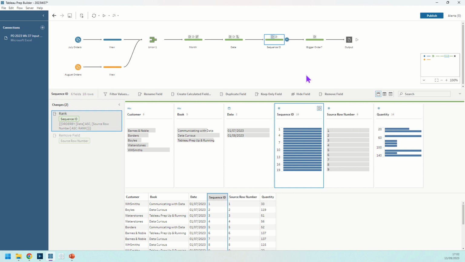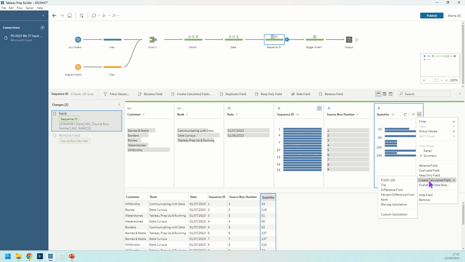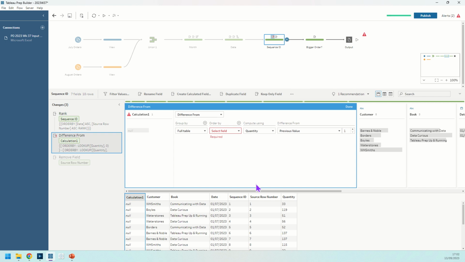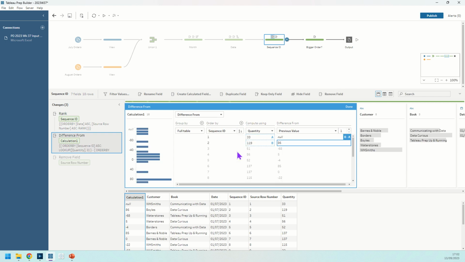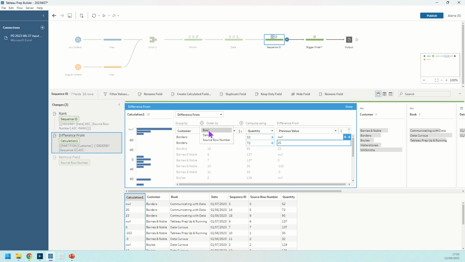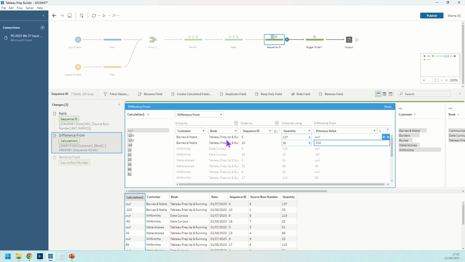Next up, we're going to use one of the other new features of 2023.2, which is difference from. So this time we're going to be going to our quantity field. We're going to go to create calculated field and difference from. And this time we need to know what the order is. That's that sequence ID that we just created. We want to group that by the customer and by the particular book as well. And then what that's going to do, making sure that's going in ascending order, is